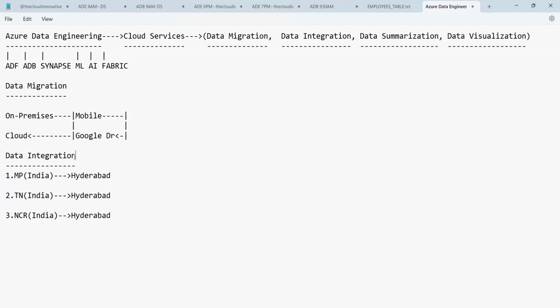In the same way, to facilitate the consumer, the products are kept under one roof. That one roof is nothing but data integration. Whereas the next one you have is data summarization.